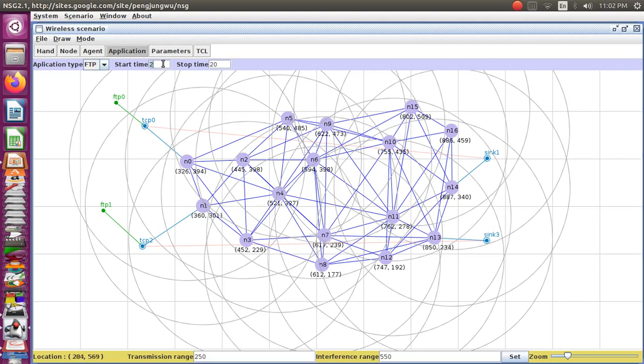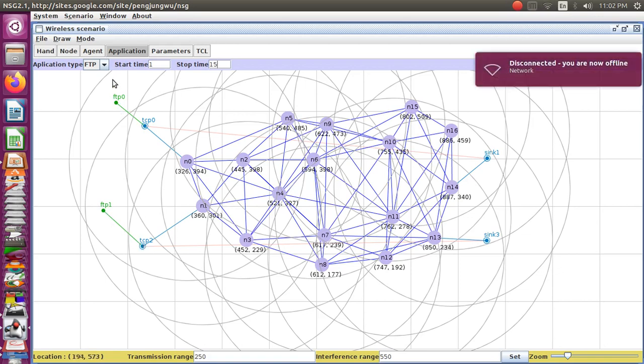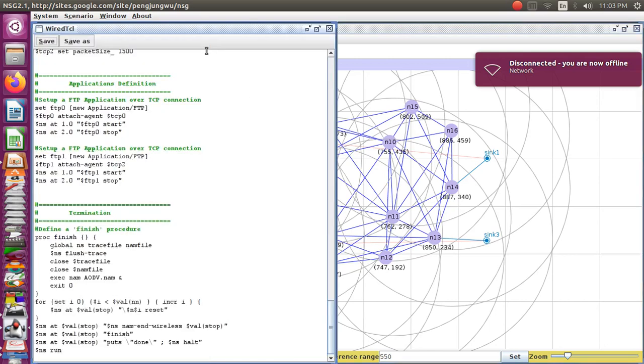Okay, similarly for my FTP1, okay, my start time will be 1, and this will be for 20, 15. Okay, so this I have mentioned, and for case of FTP1,